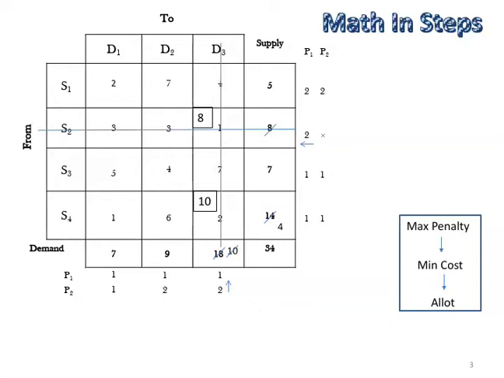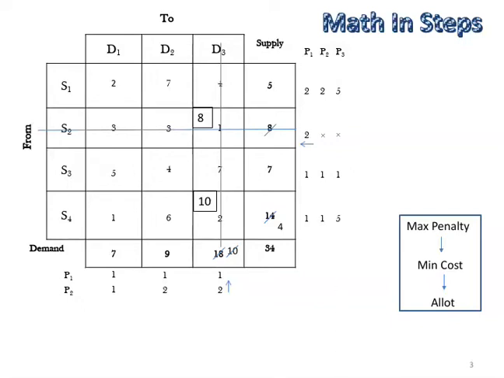Now again we'll find third stage penalties. We'll keep on finding the penalties till we either are left out with a single row or a single column. So now for third stage penalties, in the first row the minimum is 2 and the next minimum cost is now 7. So difference of 2 and 7 is 5. Second row, we are not going to find the penalties as we have cancelled it already. Third row, the minimum is 4 and the next minimum is 5. So the difference is 1. Fourth row, the minimum cost is 1 and the next minimum is 6. So the difference is 5.